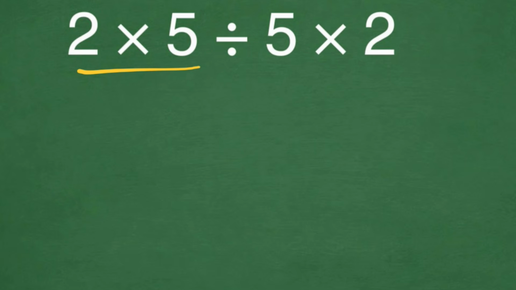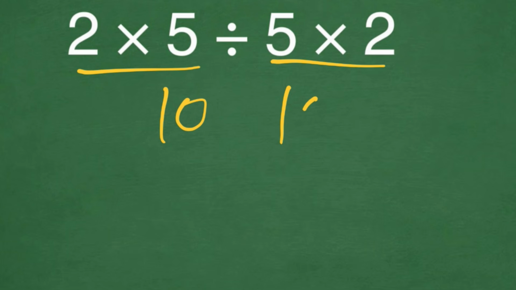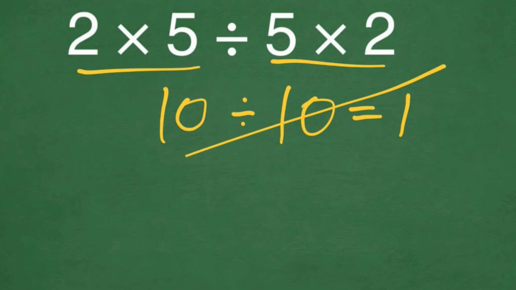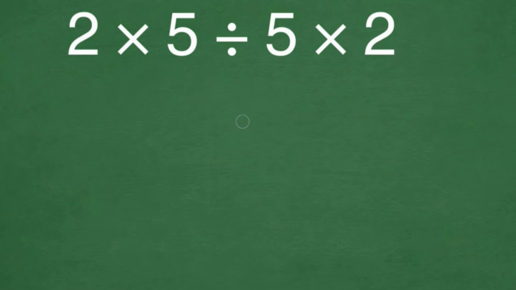2 times 5 gives us 10. And here we have 5 times 2, which again gives us 10. And 10 divided by 10 is equal to just 1. But this answer is not correct because according to the order of operation, PEMDAS,